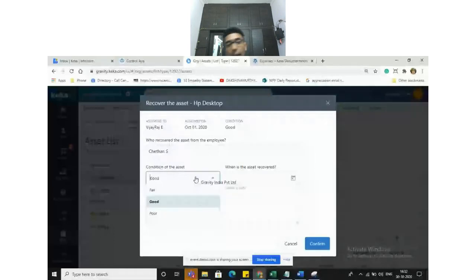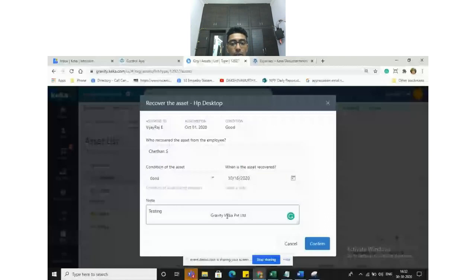Under what condition? I have assigned this particular asset in a very good condition to the employee. After using it for one year or a few months or a few days, the condition may not be brand new or good. According to the condition, you may choose the particular condition of the asset and say that it was recovered.